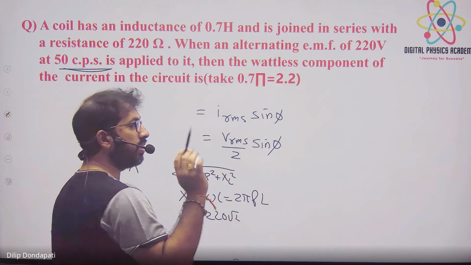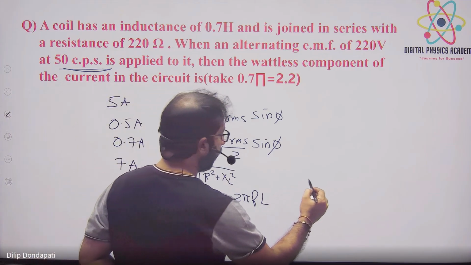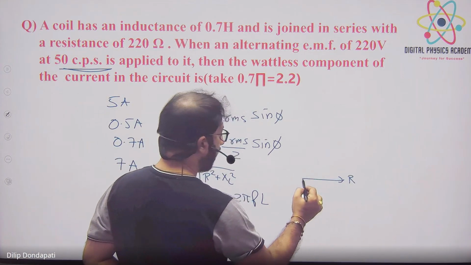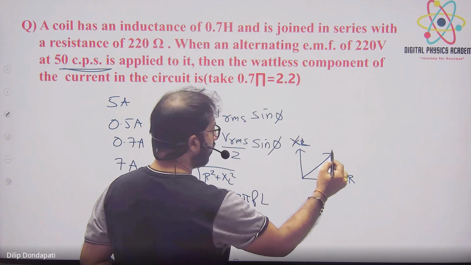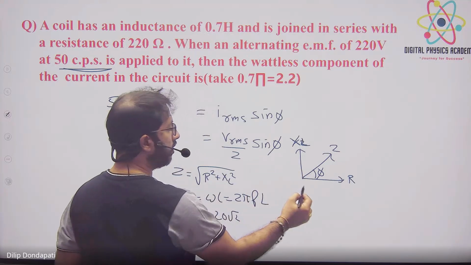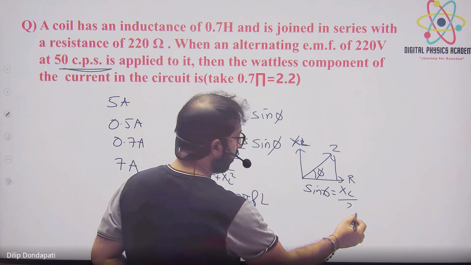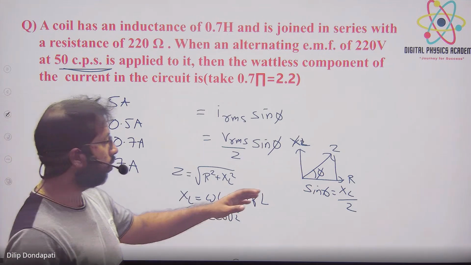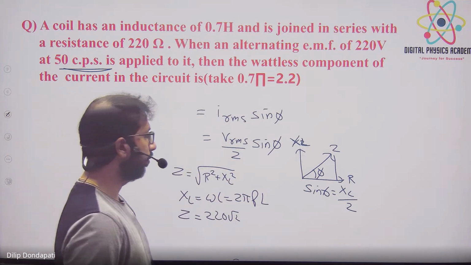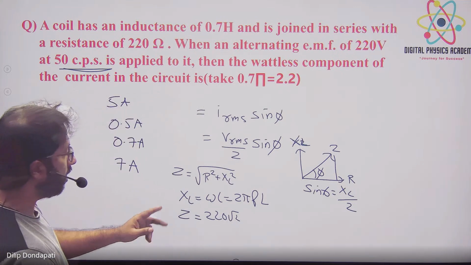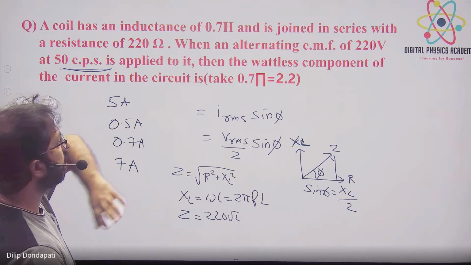RL circuit का diagram, impedance triangle always help whenever phi value find करने के लिए. So देखो, this is R, XL and Z, right? And this is phi, right? What is sin phi from this? Opposite by hypotenuse, so XL by Z। So impedance triangle will help for finding phi। tan phi होने दो, cos phi होने दो, sin phi होने दो, I can find। So XL मालूम है, Z मालूम है, substitute here, and VRMS is nothing but that they given, right? 220 volts, substitute।